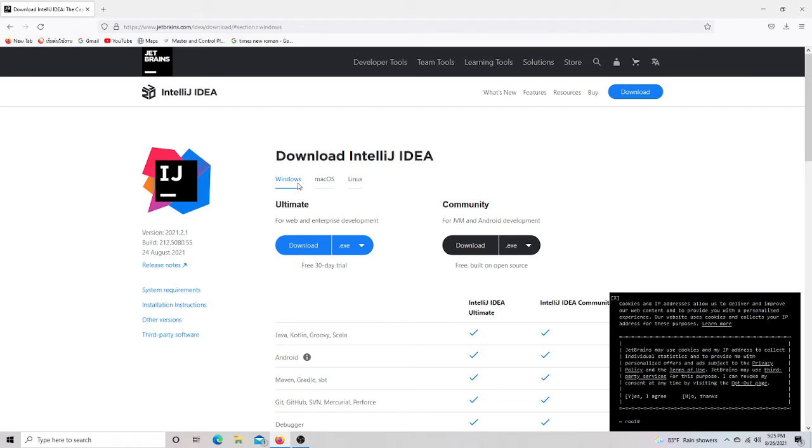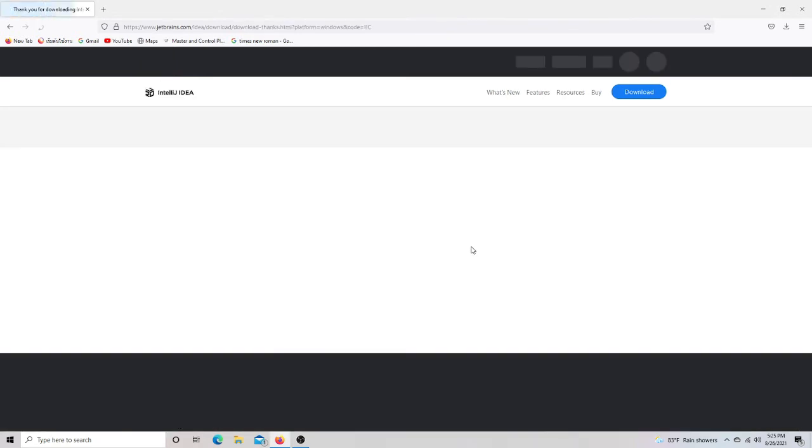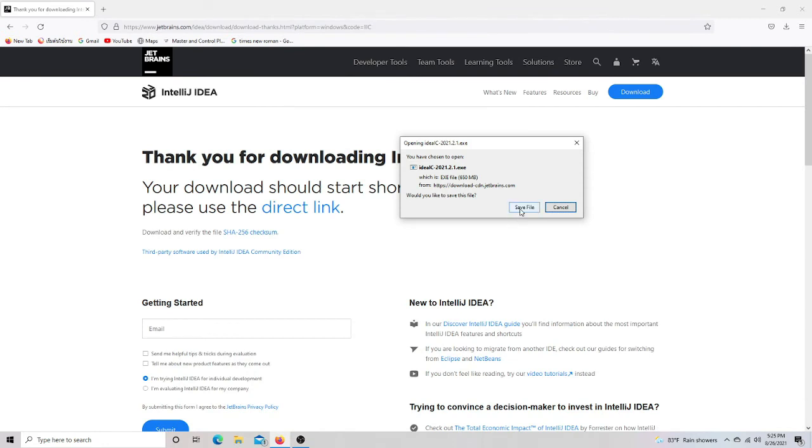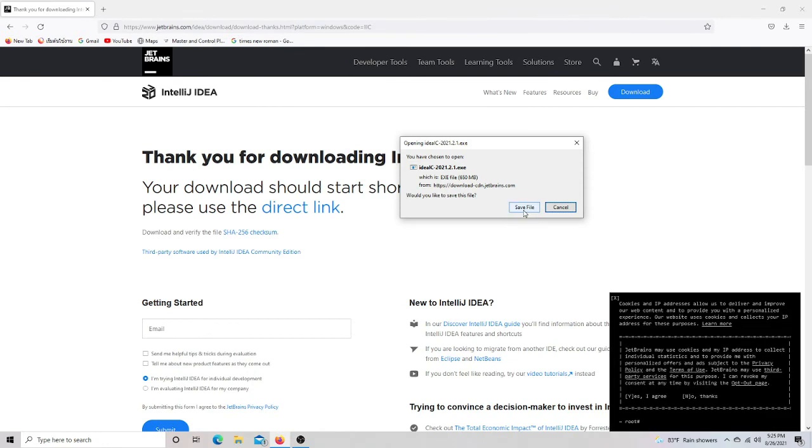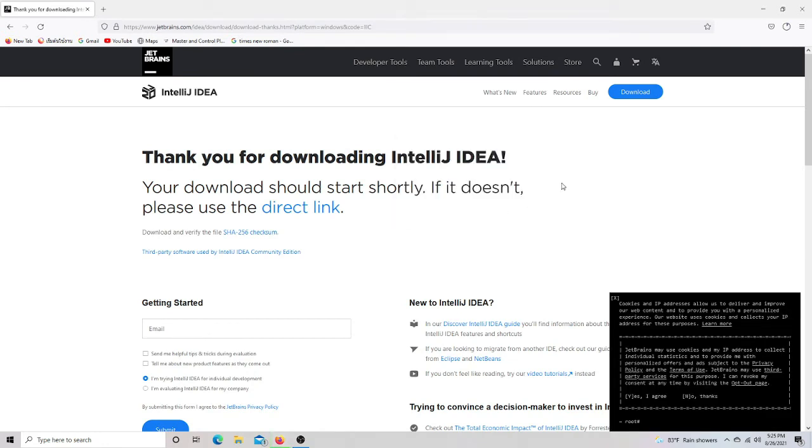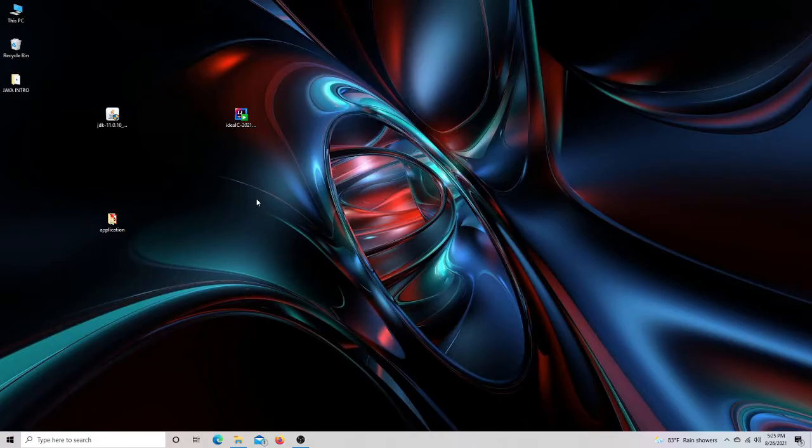Again, you have to choose the operating system that you want to write your Java application in. For me, I'm using the Windows operating system. Download for Windows. Just click on download and give it a few seconds to download. Click on save the file, and then it will start downloading. Once the downloading is over,